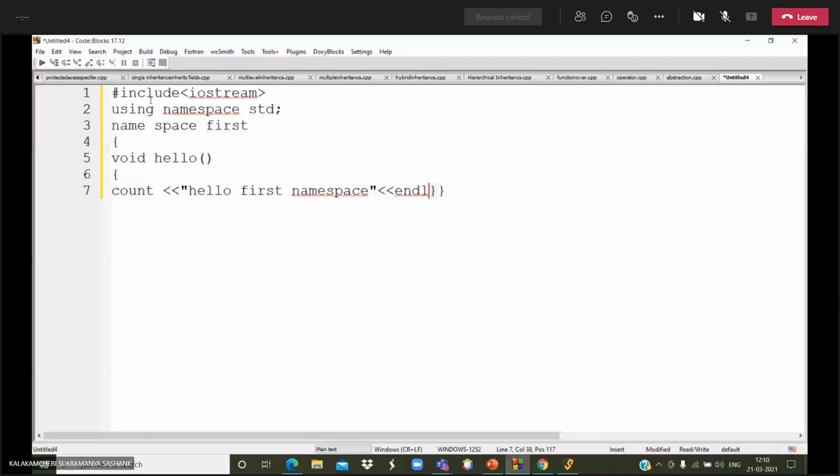Then again I am taking one more namespace, second. Same as before, in the curly braces I am writing one more function.